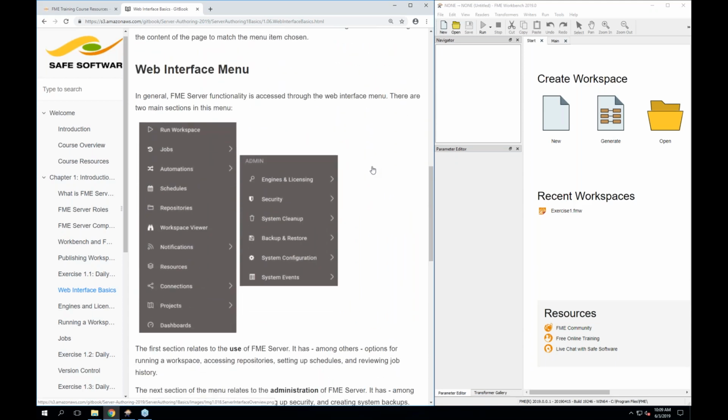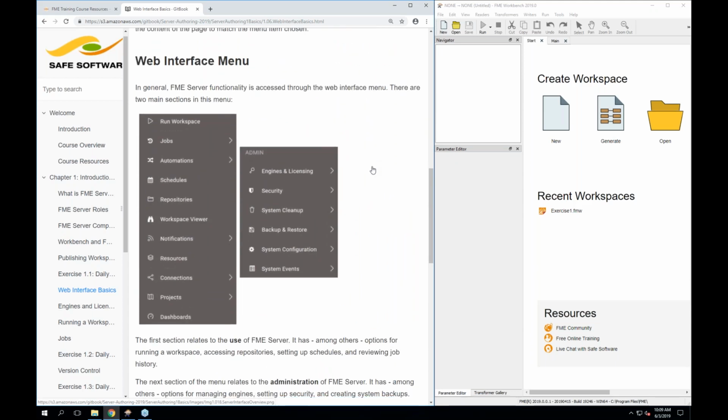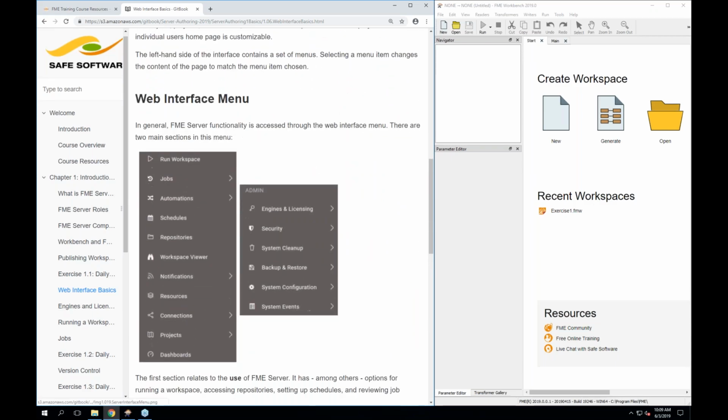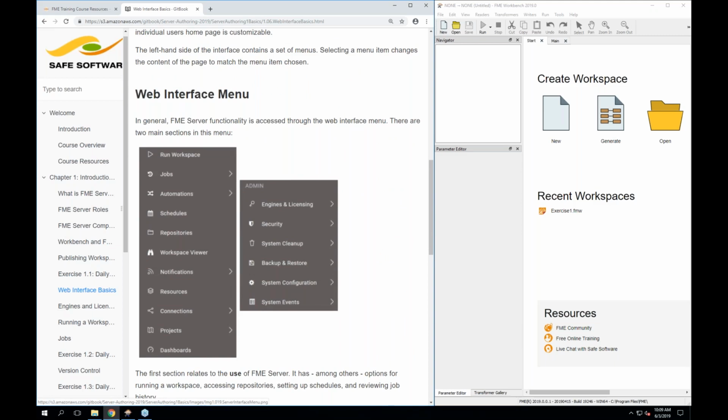Another key feature in the web interface is the menu, so that's on the left-hand side here. And this gives you links to access the different parts of the server functionality. So at the very top, you've got a set of items that relate to you as an author more specifically. So you can go in here to run a workspace, check on jobs, create your automations or schedule jobs,